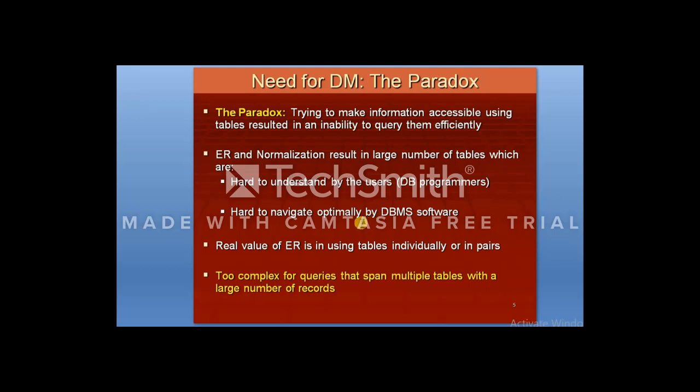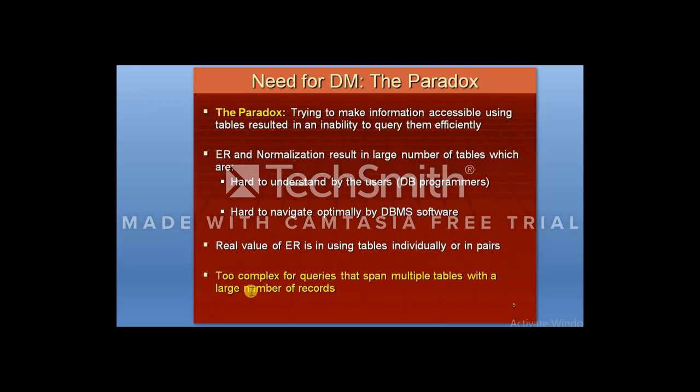So what was the purpose of an ER system? The purpose of an ER system is to query the tables individually based upon some key values, or to get results from more tables using joins, but these joins should be limited inside an ER model. When the number of tables increases, the number of joins also increases, and when the number of joins crosses a threshold, the ER system fails to provide us good performance.